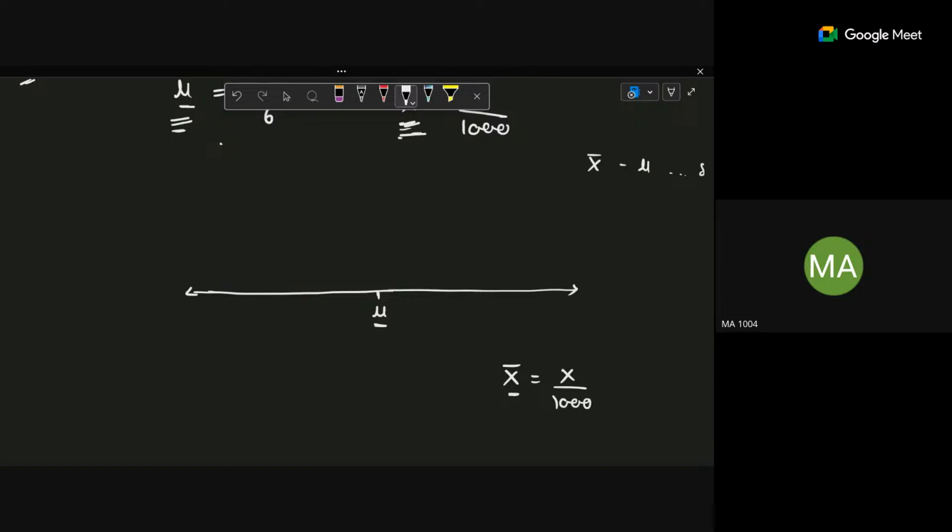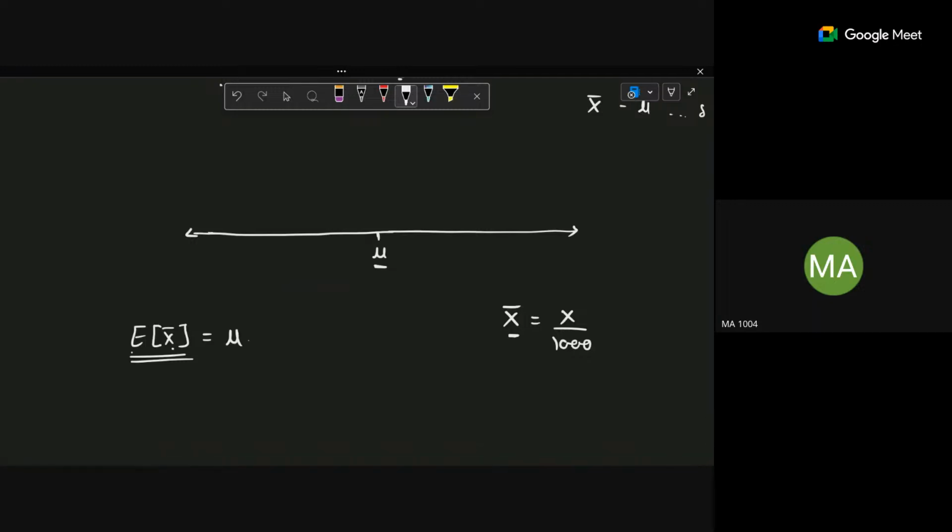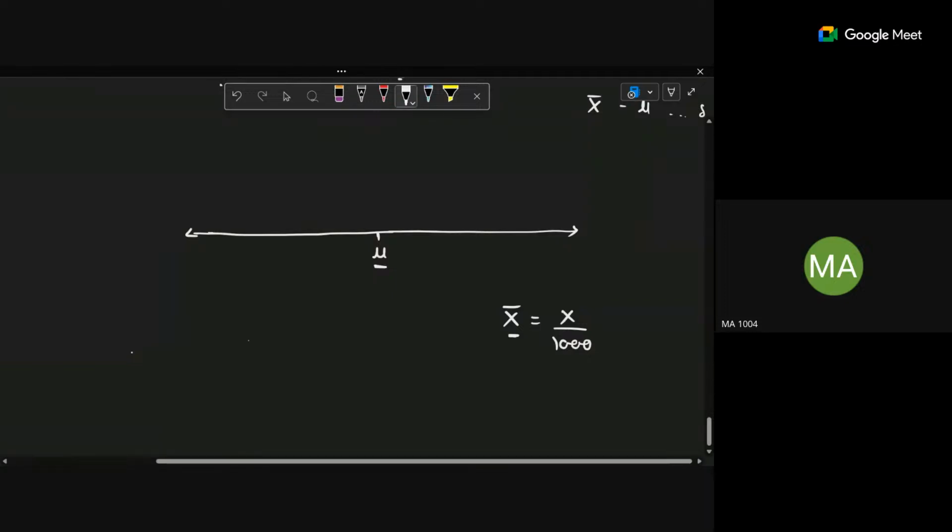One more thing you might remember is that we have calculated the expectation of X bar. Do you remember? The expectation of X bar, that means the mean of the sample, is nothing but mu. Don't get confused here. Now we know the exact value of mu, but we don't know the exact value of the sample mean. So there will be some error between this X bar and this mu. Error means the difference between X bar and mu, so we denote it by X bar minus mu.